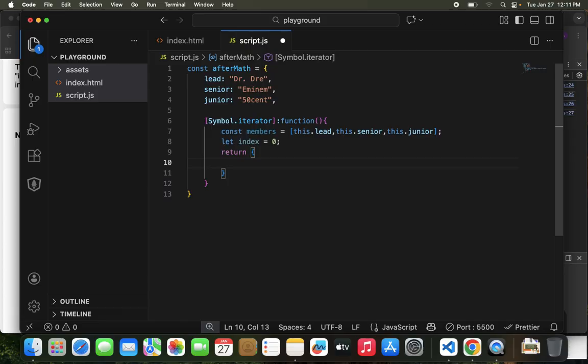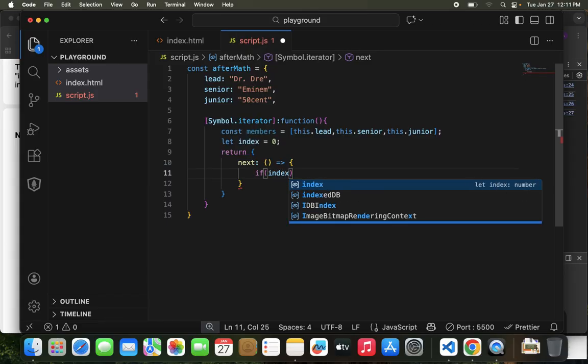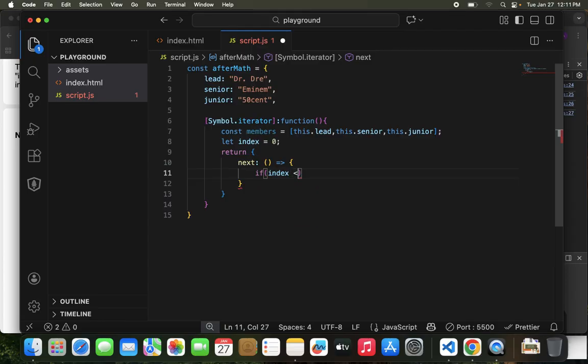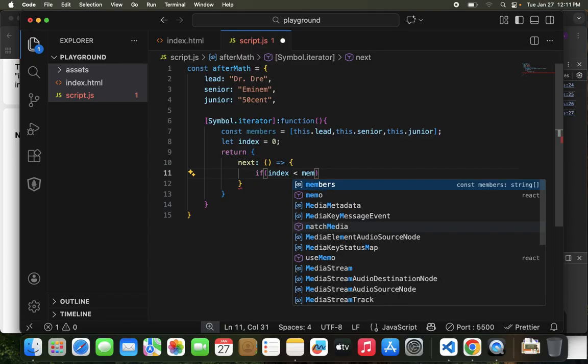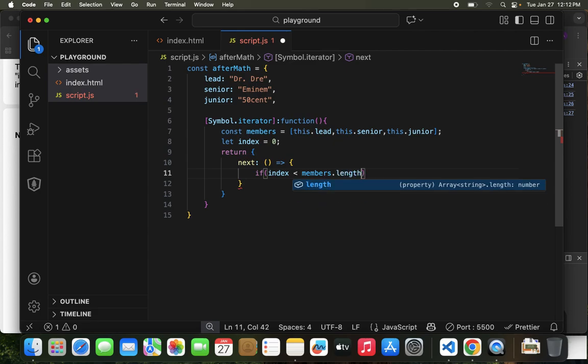Inside this object, let me specify a next key, and that's an anonymous function. Here I can set a condition like if index is less than members.length, what do we do? Then we can return